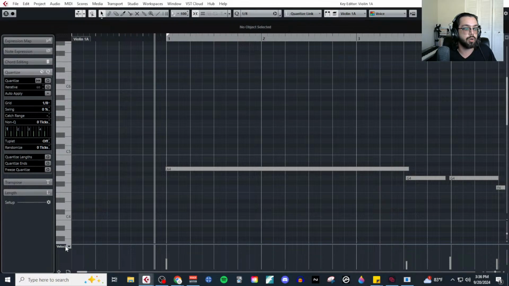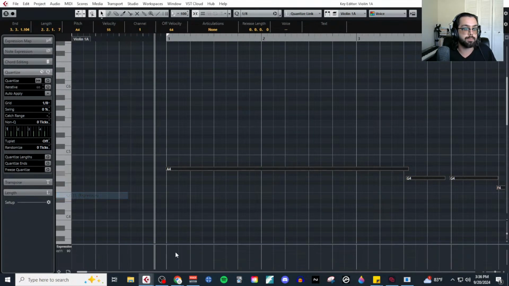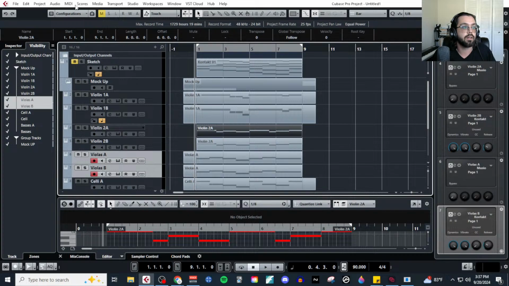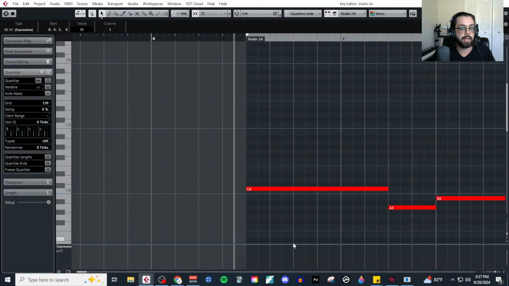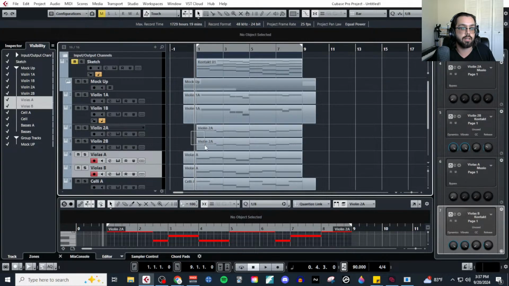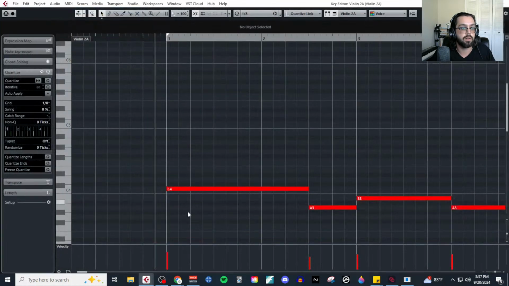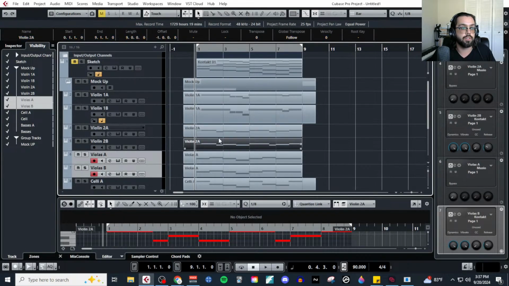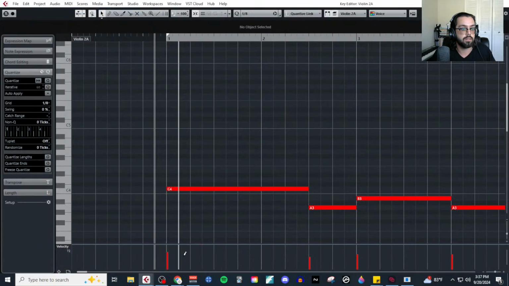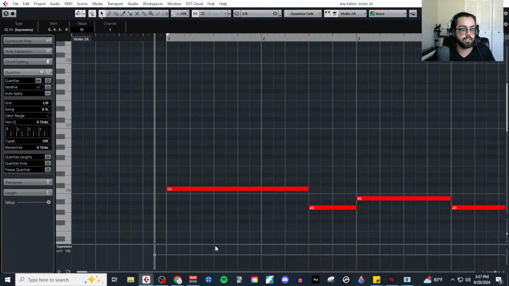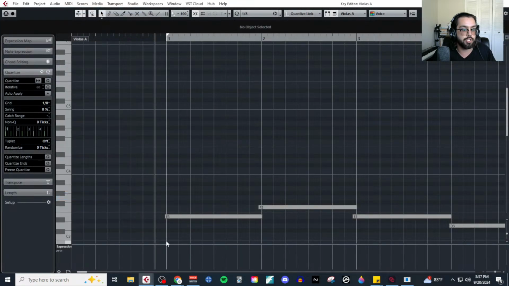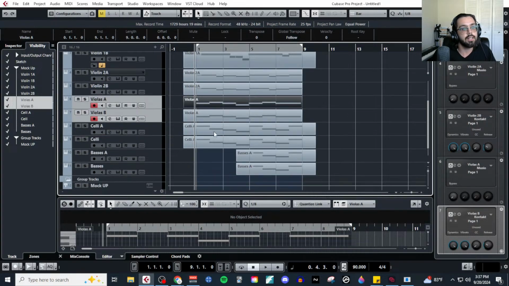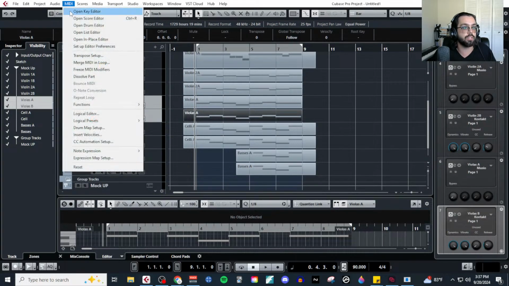We're going to open, go to expression, paste. Go to expression, paste. I'm going to need to expand these, aren't I? Let's expand these a little bit. There we go. And then we will go to viola 2A, or this is violin 2, I guess. There is no viola 2. Now we go to violas, and again, all I'm doing is setting the expression data to mezzo forte for all of these,